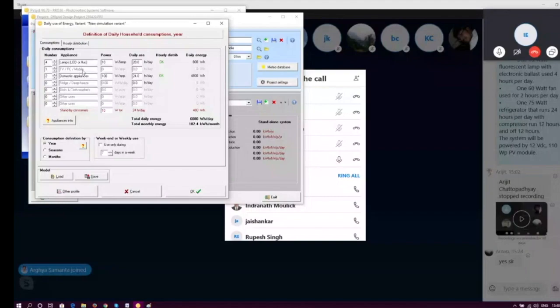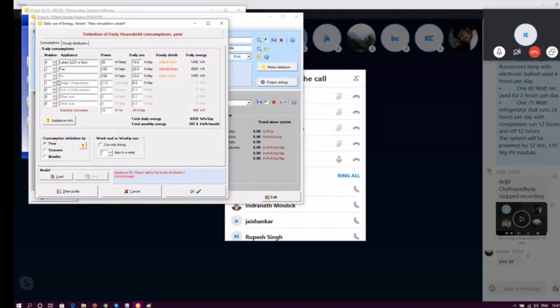So let us put all the appliances one by one. We have given 4 lights, 2 fans, one television, one refrigerator.